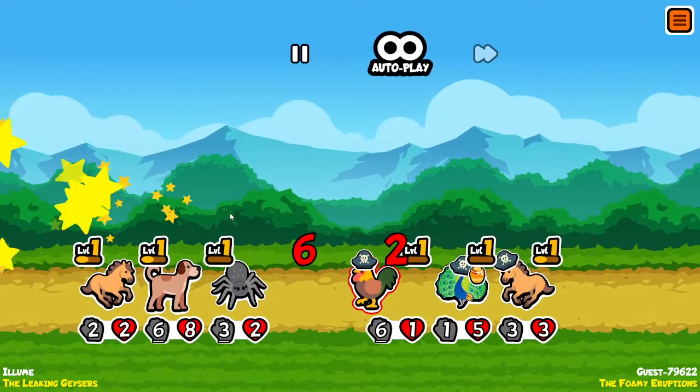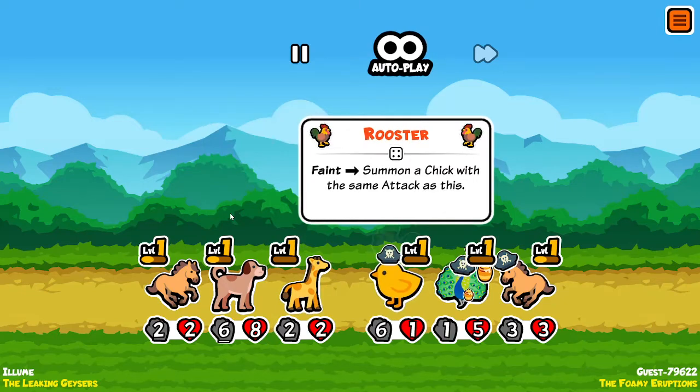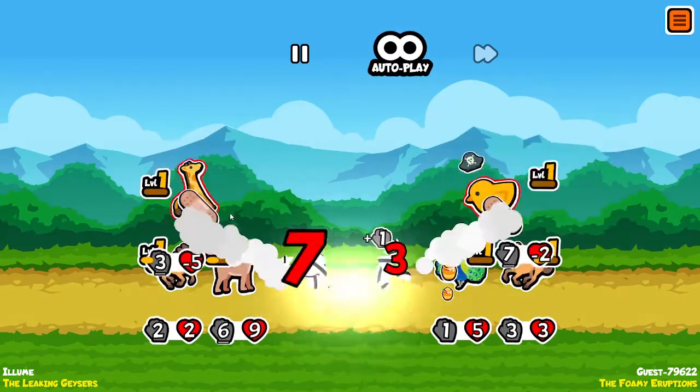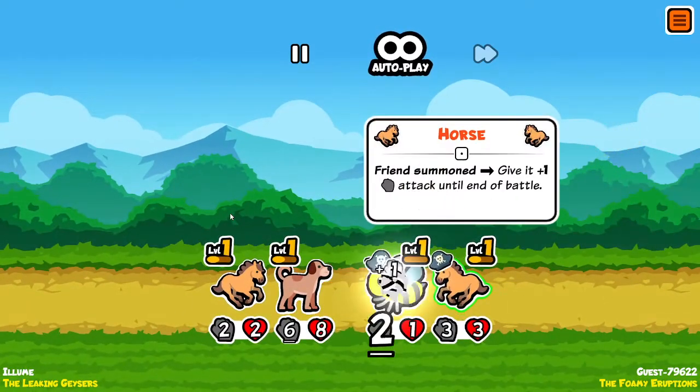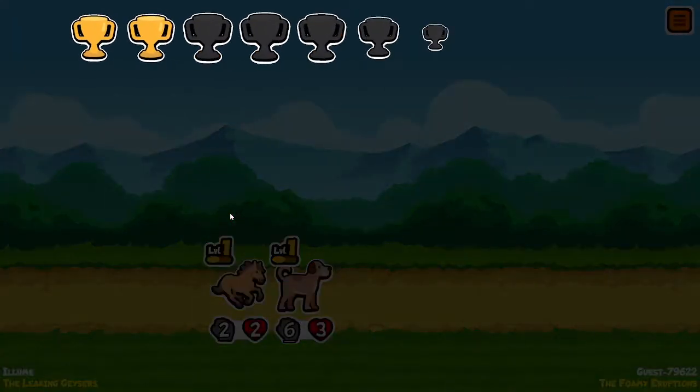So, boop. We'll kill that. Our dog should be able to clean this fight up more than enough, though, because the giraffe that we just spawned from the spider will take care of the chick, and the dog will just clean house with the rest of it. Yeah, so horse is definitely one of the strongest early game builds,